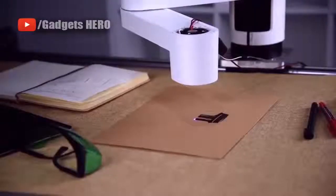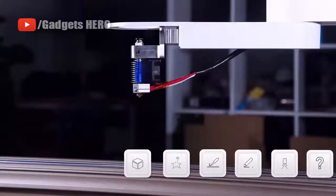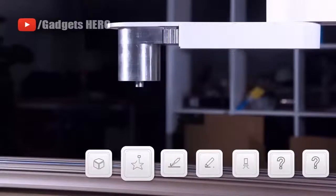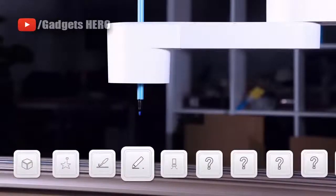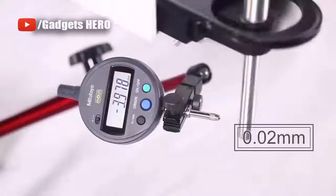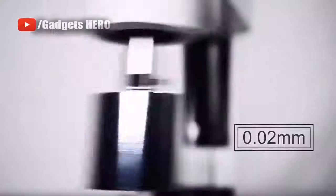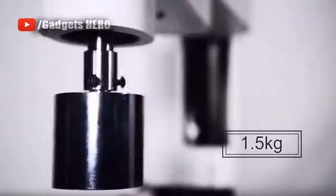Dobot M1 is an industrial-level robotic arm production platform. It's precise, fast, and extendable, and also affordable. It can be your 3D printer, laser engraver, soldering machine, or whatever else you build upon it. Yes, you can build one. Dobot M1 has 0.02 millimeters repeatability and 1.5 kilogram payload. With these